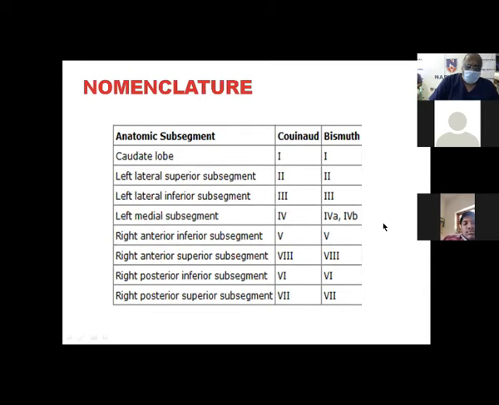If you carefully recollect your memory regarding the carcinoma of the gallbladder, we will have to remove 5 and 4B. Correct? Yes. 4B and 5 both are removed because they are adjacent to each other.